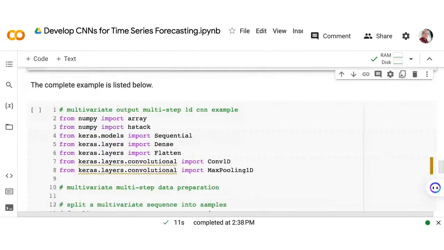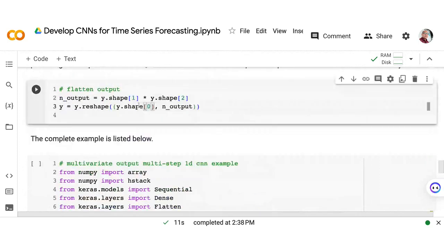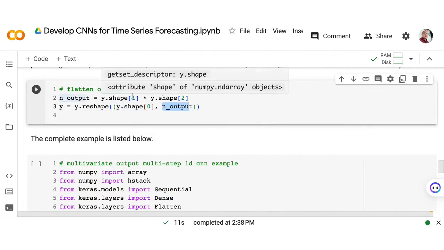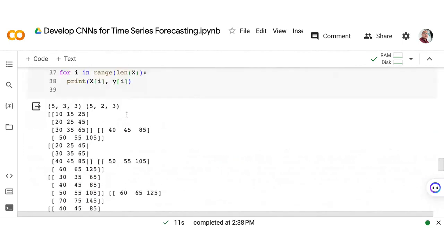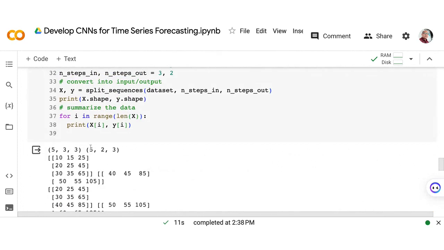Yeah, 6 samples. So we have 6 samples. This is our first shape, the number of samples. And the n output is equal to the first index, which is 3 by 2. No? So the shape of the y will be this one. This is the shape of the 5, actually. Only 5 samples were created. I thought it was 6.